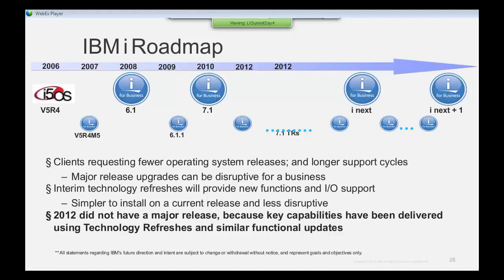So one of the things we designed into the 7.1 version of the operating system was the concept of these technology refreshes. And when 7.1 came out, one of the major things that we did from an OS standpoint was, yep, we're coming out with 7.1. Customers can get new capabilities on the 7.1 version of the operating system approximately every 6 months since that release has been introduced. We come out with new technology refreshes, and those technology refreshes are a way that we can deliver new capabilities, new feature function, both hardware related